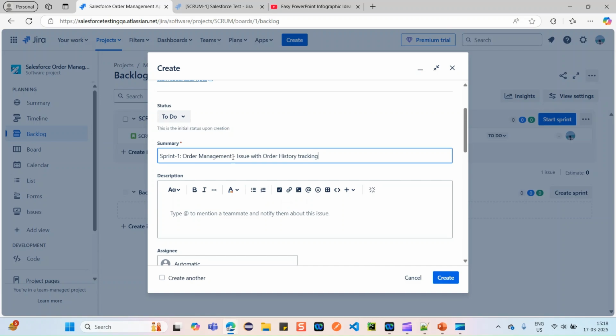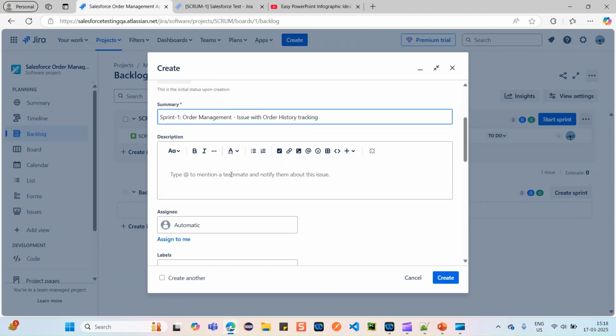Later, under the same Order Management module, if you observe another issue and want to report another defect, you can create a defect again mentioning Sprint 1 and the module name Order Management, and just the description changes. This is called a proper naming convention for whatever defect you are reporting.